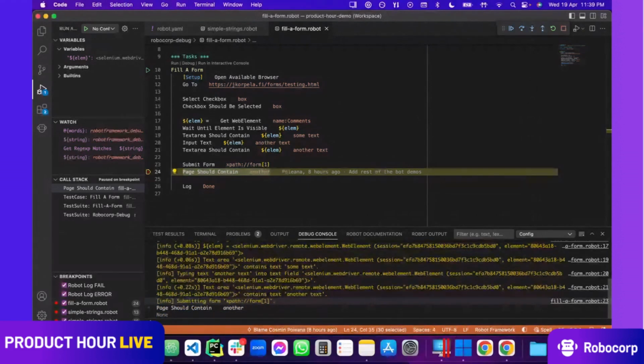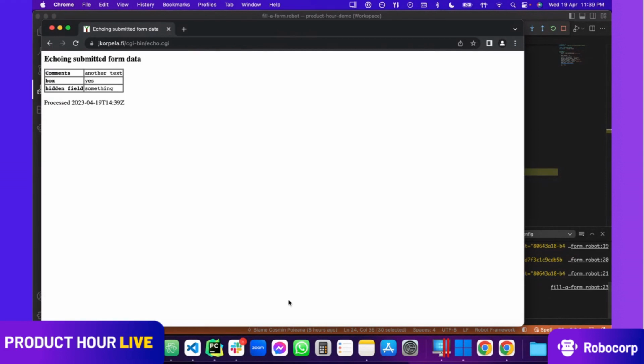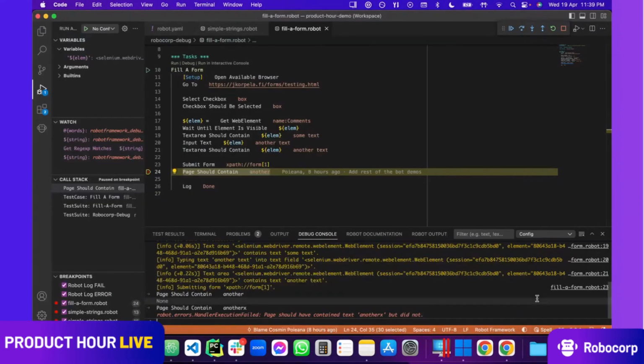It works. And who knows, maybe that will work all the time. Let's change something here, like putting an X. I can see immediately that this jumped out of the blue here in my page, and that usually means that something bad happened. So the page should have contained text another X, but it did not. So I'm now trusting my code. I know very well because I just tested these things here in the debug console. I'm now confident enough to maybe push this to production, and I'm happy with the result.